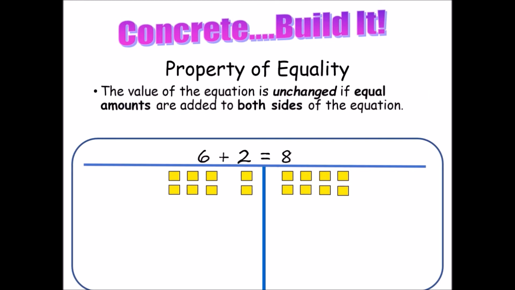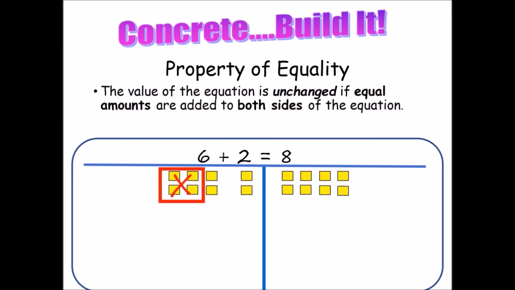The final concept we will model with the tiles in order to solve our equations in part 2 is the property of equality, which allows us to add, subtract, multiply, or divide both sides of an equation by the same value and the equation remains balanced. Our first example here is 6 plus 2 is equal to 8, modeled with tiles. On the left side,